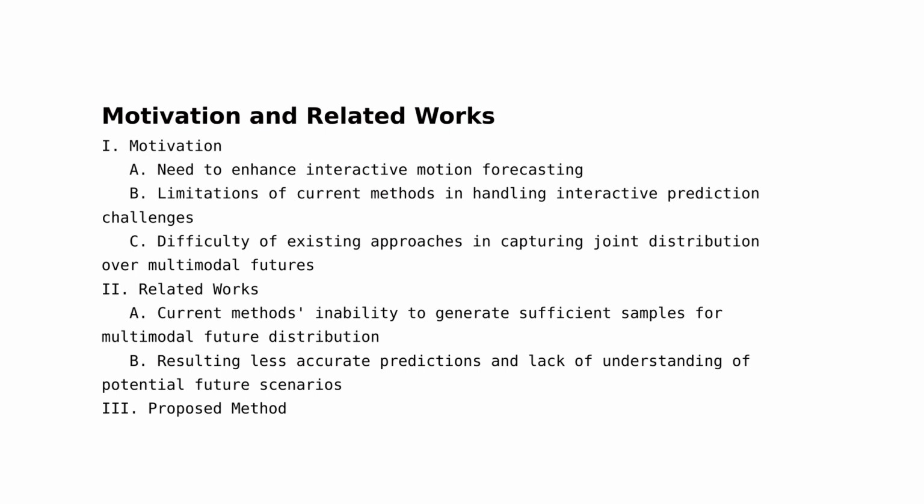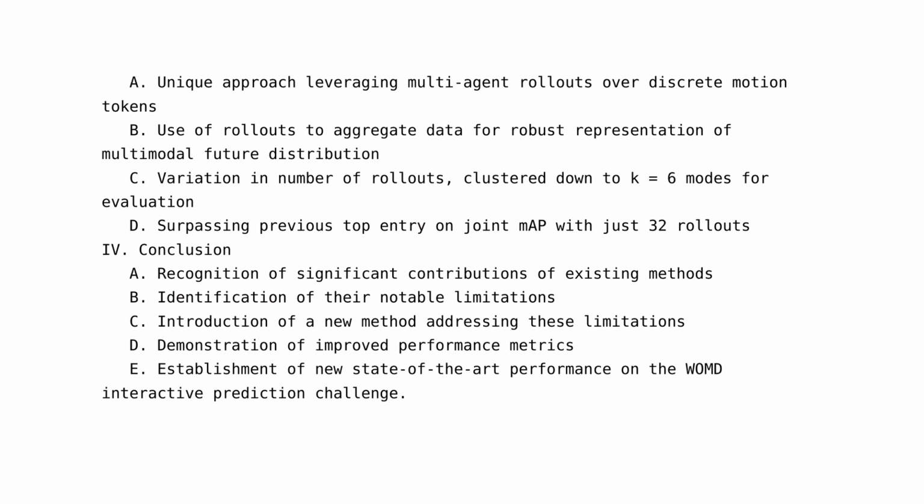of potential future scenarios. The proposed method in this research addresses these limitations by using rollouts to aggregate data. This approach allows for a more robust representation of the multimodal future distribution, leading to improved forecasting accuracy. The number of rollouts generated is varied, but always clustered down to k=6 modes for evaluation. This method has been shown to surpass the previous top entry on joint mAP with just 32 rollouts, demonstrating its